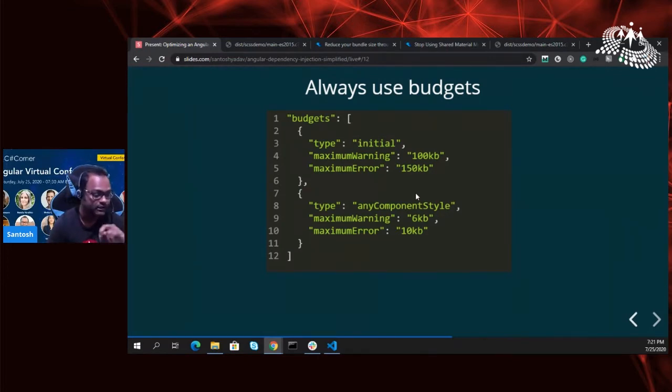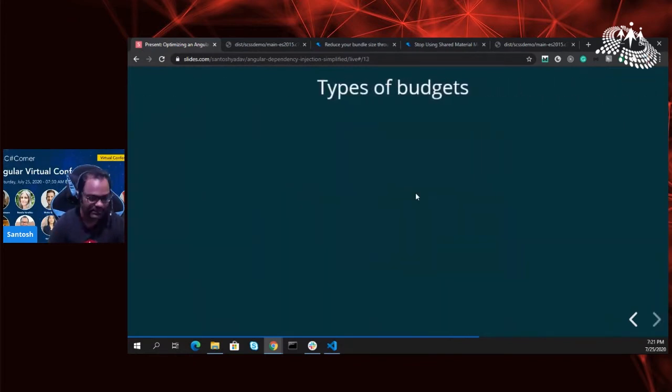Remember, 60 is 10 times more than what the maximum warning should be. So I realized, okay, what is happening here? We realized that we are using a custom theme for Material, right? And we did a lot of things wrong. I'll discuss that more, but first let's see how budgets help.